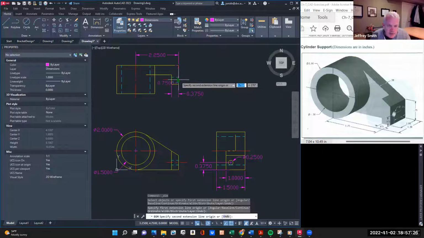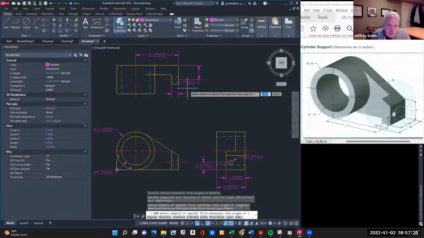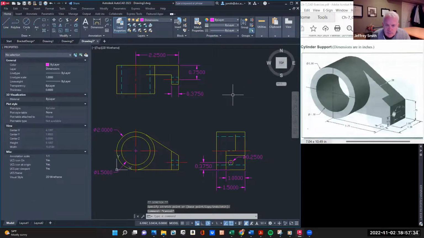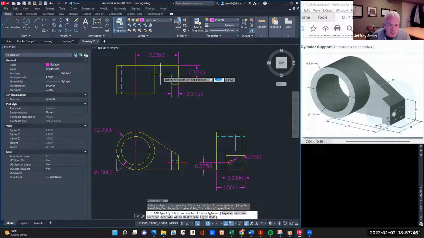Again, whenever you dimension, less is more. You really want to use the least amount of information possible. I know it might sound counterintuitive, but you could just dimension forever on these things. So just make sure that you have everything. I think I have everything. I don't have 0.5 here. Again, make sure that you are not following mine, but you are actually going to